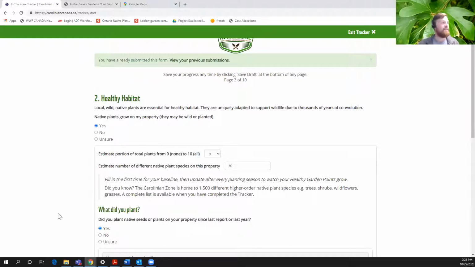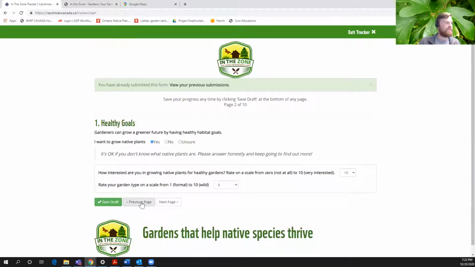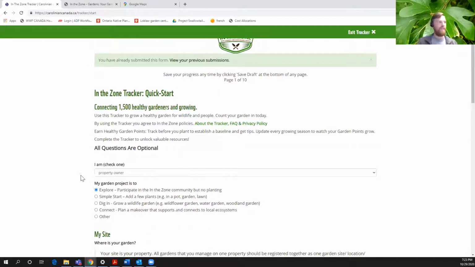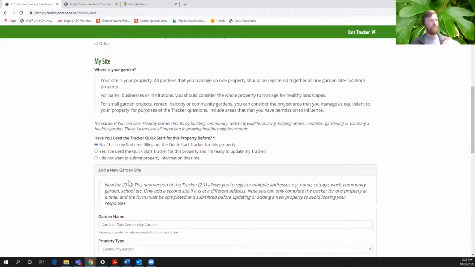And then the second question about multiple properties, yes, it is possible to do multiple properties. And basically what you do is, let's just backtrack here a little bit, go through the whole thing for your first property, and then when you go through again, this question here says whether you're filling the tracker out again and you're updating.